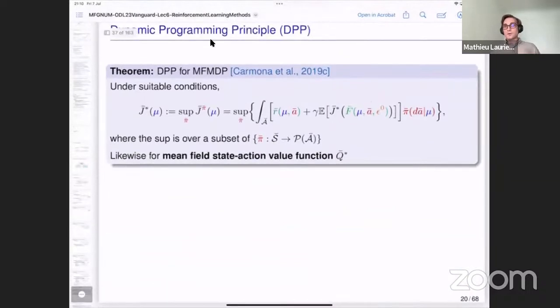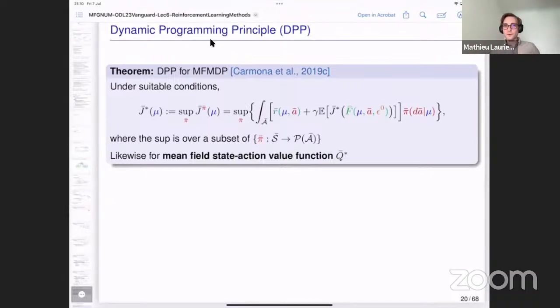Okay, so based on this, you can write and prove a dynamic programming principle. In fact, it's more or less a standard MDP, except the state is a bit strange, and the action space is also a bit strange, because you choose a policy, and then the agents at the lower level implement this policy to sample their actions. So the formulation of the MDP is a bit complicated, and you cannot apply existing results directly, immediately, but you can really apply results